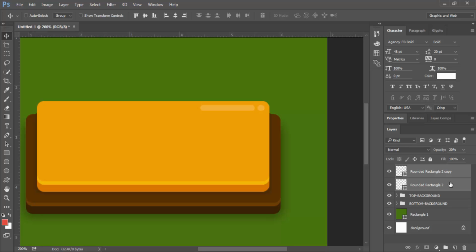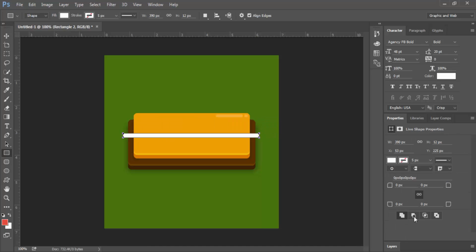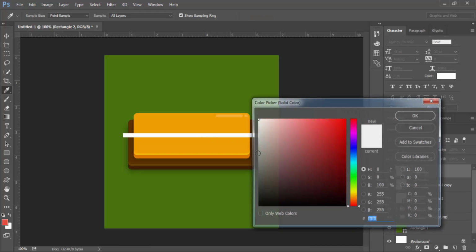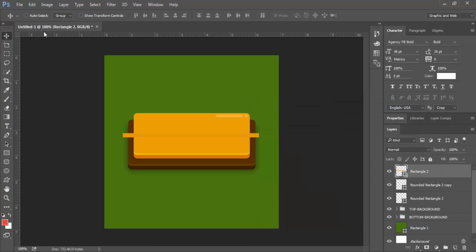Okay guys, like this. And for the last steps, we're going to create the ornament border inside the top background using the rectangle tool. Draw and change the color. The code is 1A9A06. Now show the transform controls and rotate using the shift key.